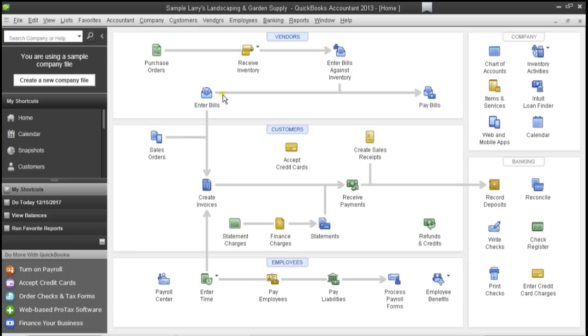And the same thing happens up here. You'll enter a bill, and if you're going to be on a pure accrual system, then when the money is paid out, you need to pay it through here, through the pay bill system, not through write a check. If you pay this bill through write a check here, then it throws the whole accounts payable system out of whack, and it takes a lot of time to clean all that up. So the best thing to do when you're starting out is just to start out in this area right here